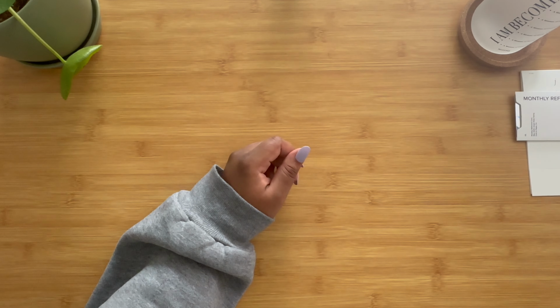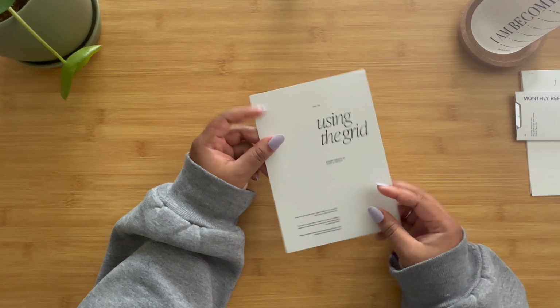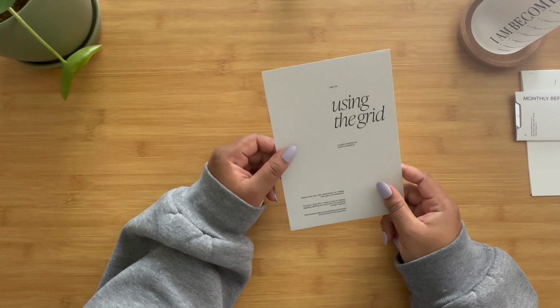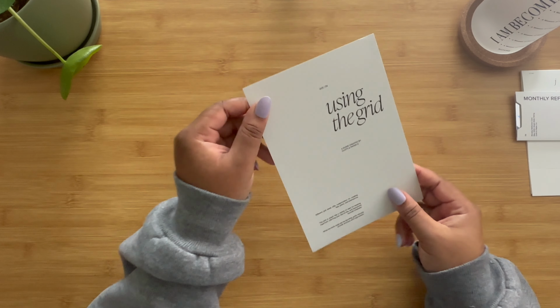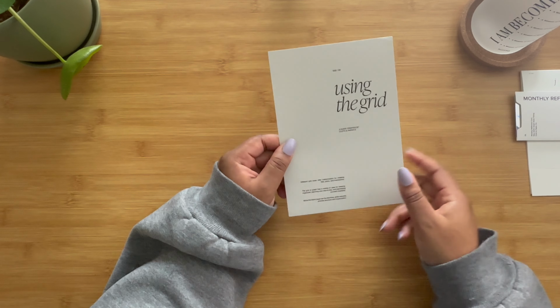Next, we have this using the grid card that has information and examples on ways that you can use graph grid layouts. This is a 5 by 7 inch card, so it's fairly large. It's a light to medium gray color and has a nice smooth cardstock. On the front, under the date stamp, you have using the grid, a guide created by Cloth and Paper,